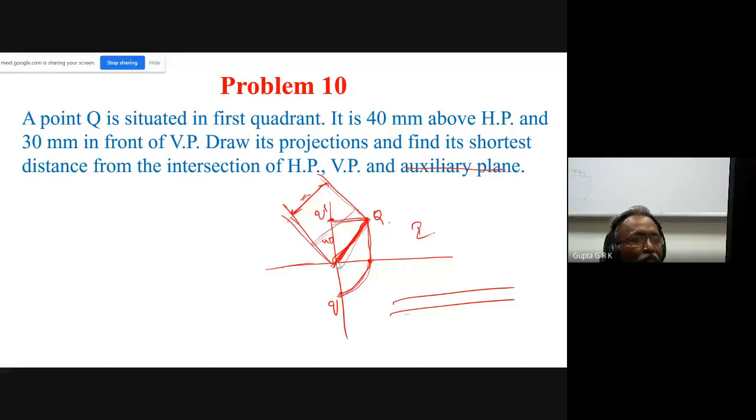So this is the way we have to do the problems. And this is your second assignment. These are all problems from the 9th exercise, that is, in the 9th chapter, the exercise is given in the Bhatt textbook only. So this is to be submitted